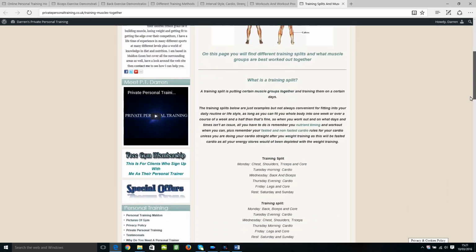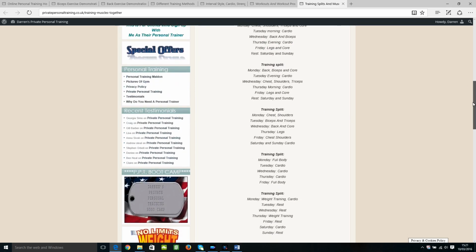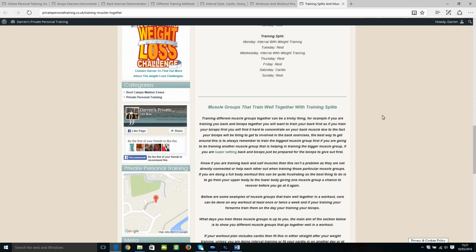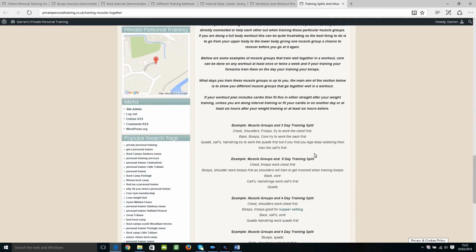So a training split is how many times you train a muscle group in a week. Okay, and I've got some examples here, different training splits, how you utilize different muscle groups together and what works best together. But also on this page it explains what muscle groups are good to work together. So this is this part here. Okay, so we come right down here and it will show you different muscle groups that work really well together,